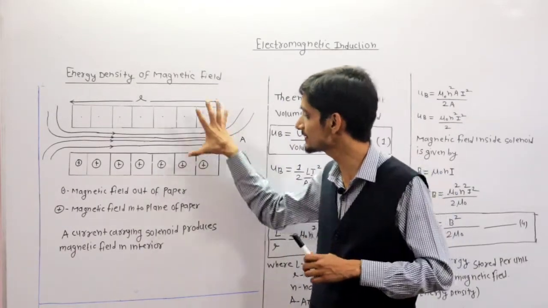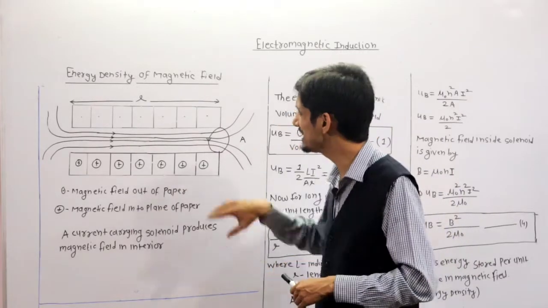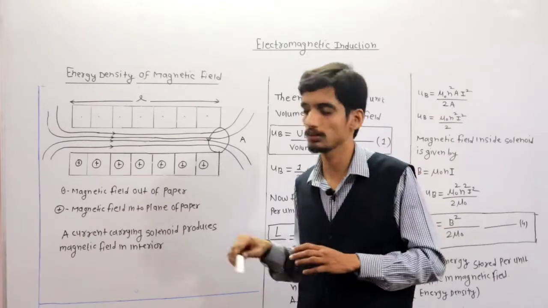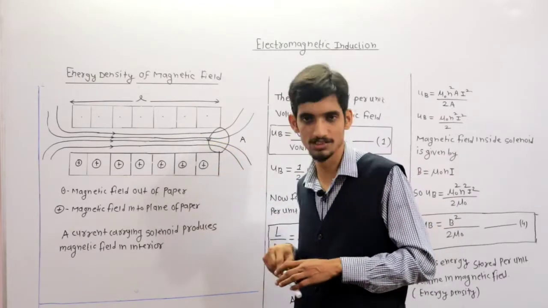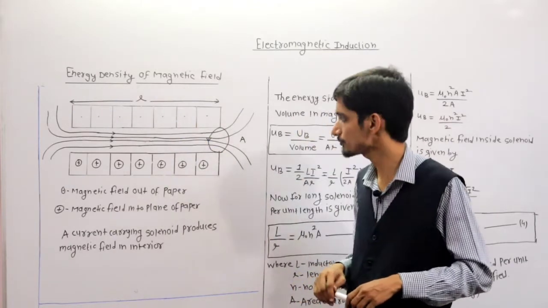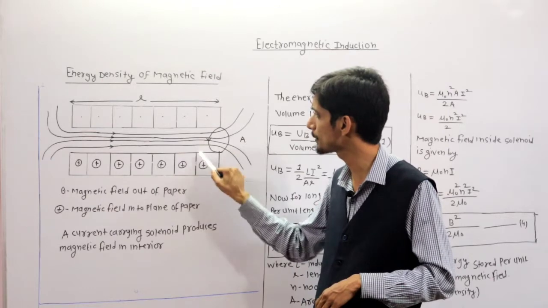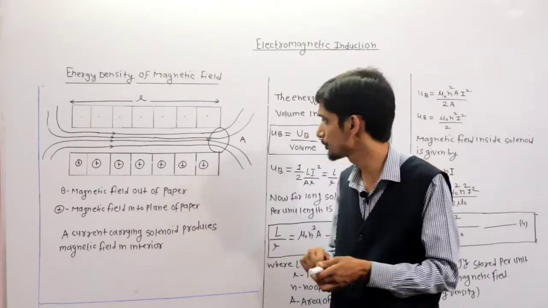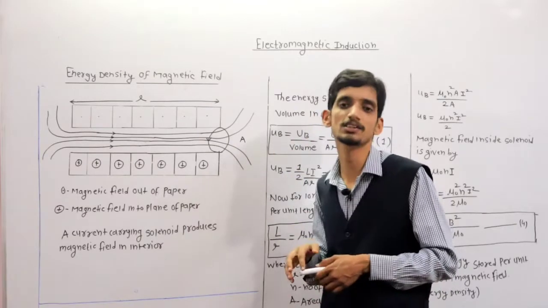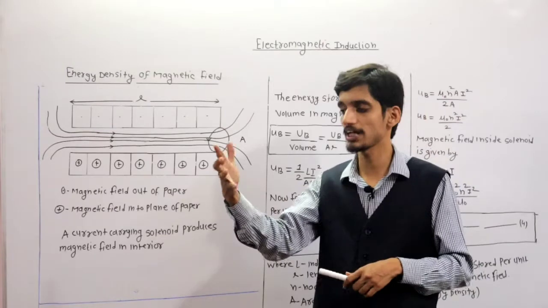Consider this is a solenoidal structure. As you know, solenoid means coil. Actually, this is the interior side of the solenoid, which looks like this. Clear? Now, this is the length of the solenoid, and this is the magnetic field. This magnetic field is going into the plane of the paper, and this is going out of the paper, because this is a coil.